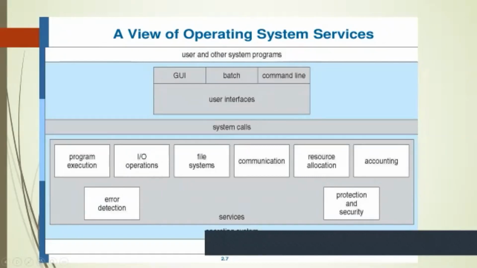User operating system interface, GUI. GUI means, suppose we are usually using a mouse, keyboard, and monitor, then icons are there. By clicking an icon, we can start working on that program. Also, there is an option called folders.